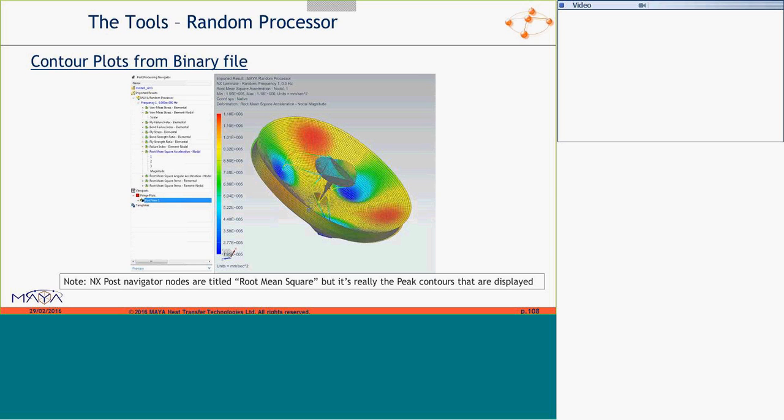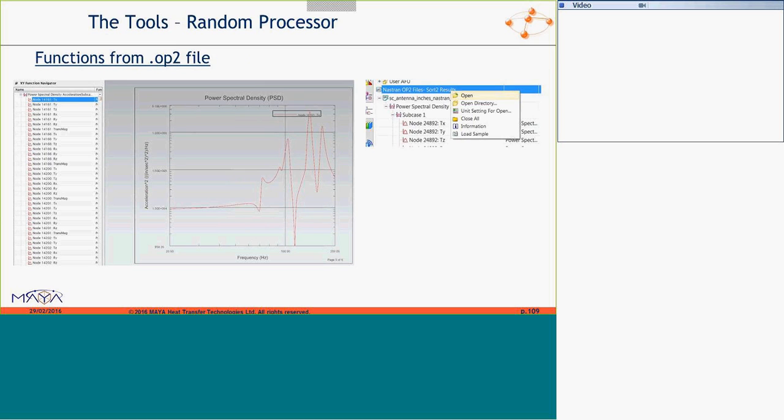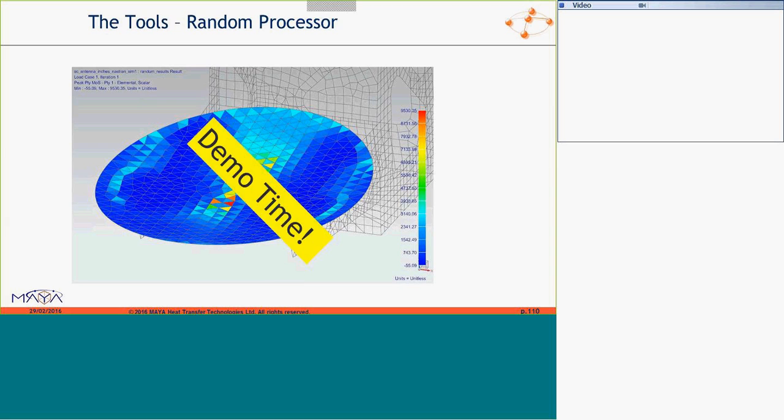Available from the binary, so contours of accelerations, contours of stresses. When you see a root actually appearing in NX, that's not true. Those are peak results. It's just that we're using the root mean squared data block, so we don't have a choice. They are the confidence you define. And read the functions, the power spectral density results, as functions by point time. Instead of to a universal file, you point it to the OP2 file. The results are in the OP2 file directly.